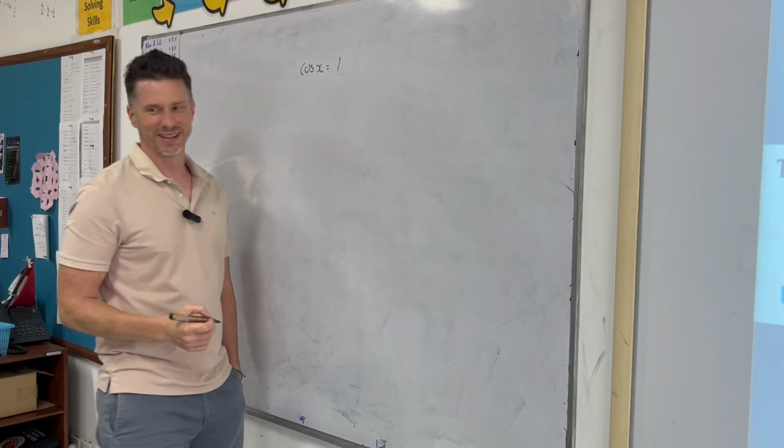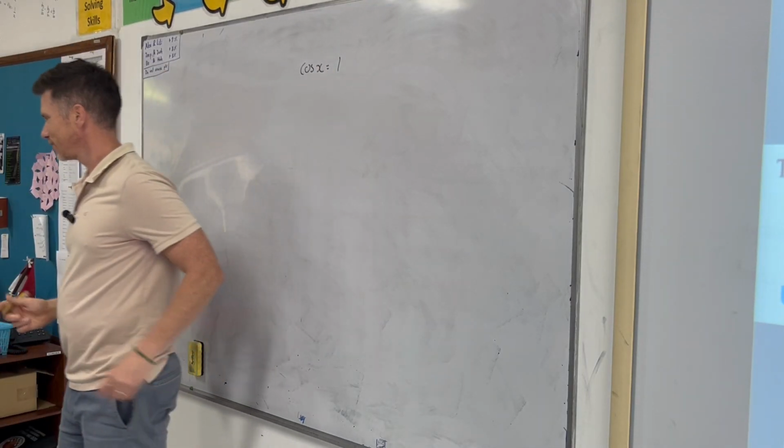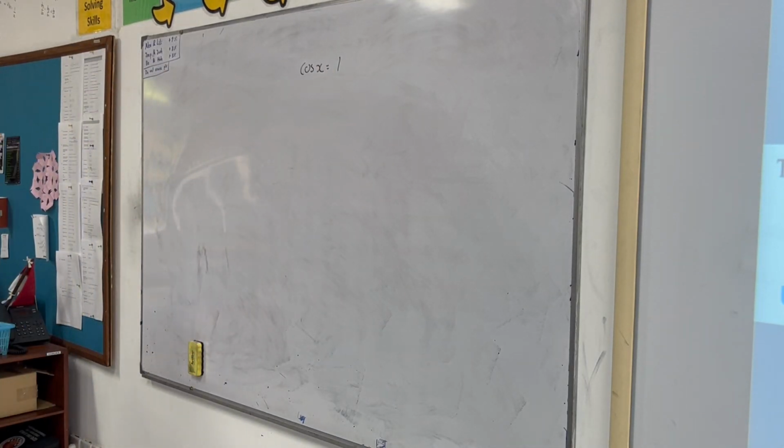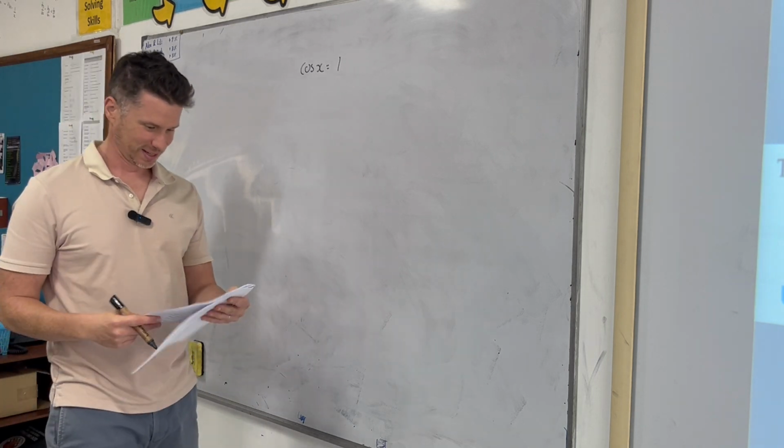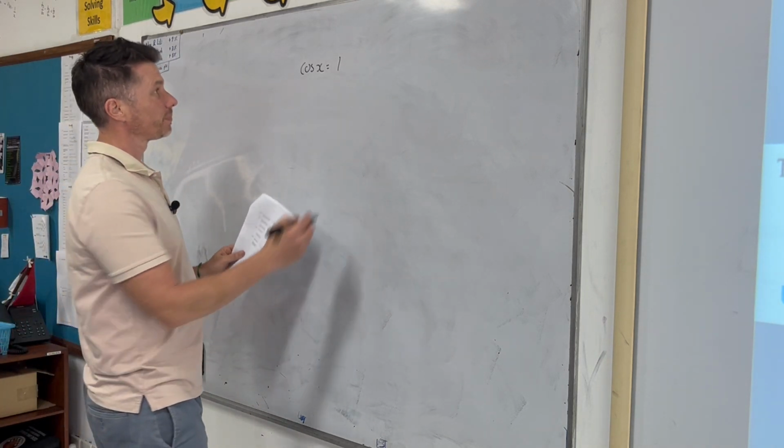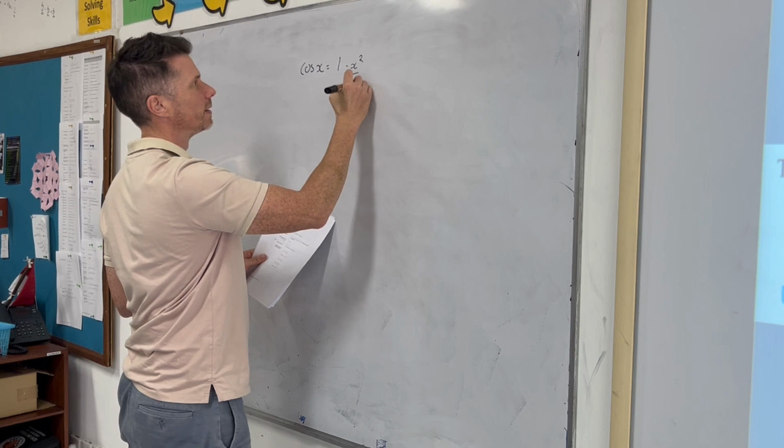What is what? It's in your formula booklet. Where's the formula booklet? Oh, jeez. It's that one, but less x's. 1 minus x squared over 2 factorial. Yeah. To the power of